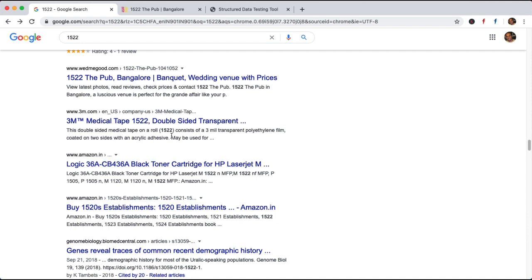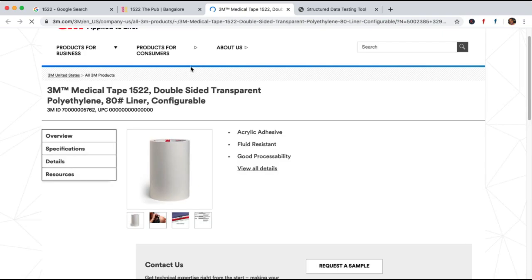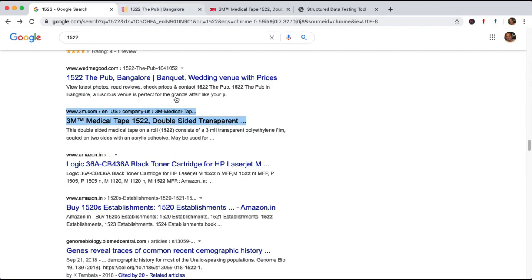What is the product? What is the description of the product? The code or the product name. All those markups 3M could have done on this particular product, so that it would have been very easy for a user to understand that this is not a pub or this is not relevant to what he is actually looking for.